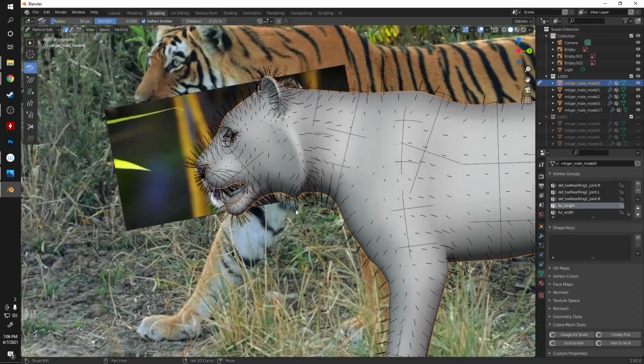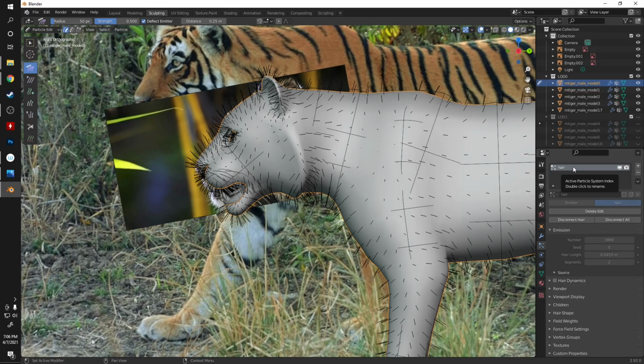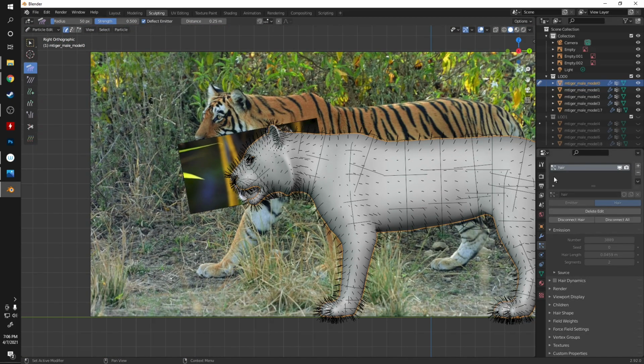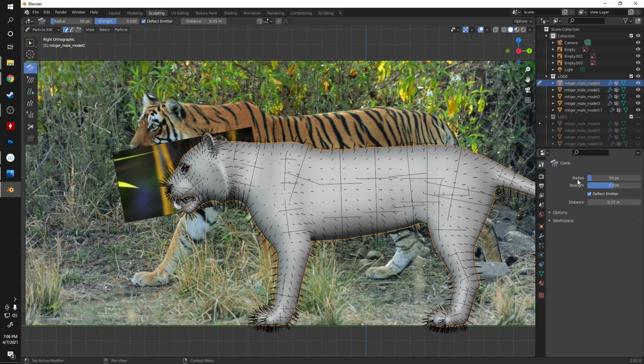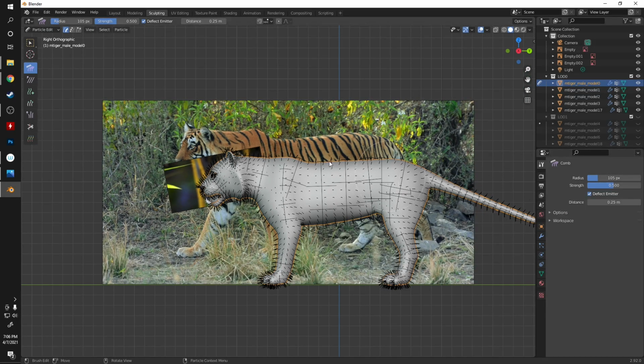So what I've done now is I've switched into particle edit, and what we are editing is the hair particle. And the tools for that, again, are under your active workspace tools here. You can turn your radius up here. Unfortunately, bracket keys don't work on this particular tool. So I'm going to turn it up a bit. And now I'm just going to comb this thing. And now you can see the hair is laying down along the body. So I'm going to comb it in